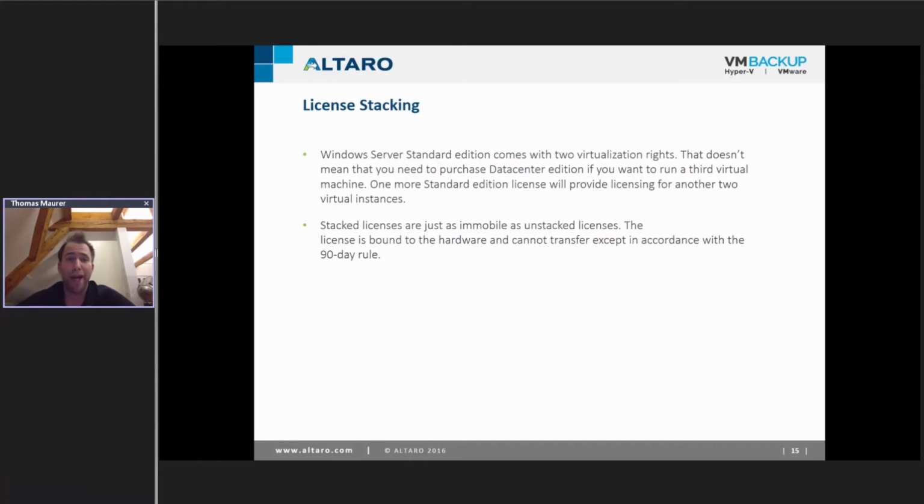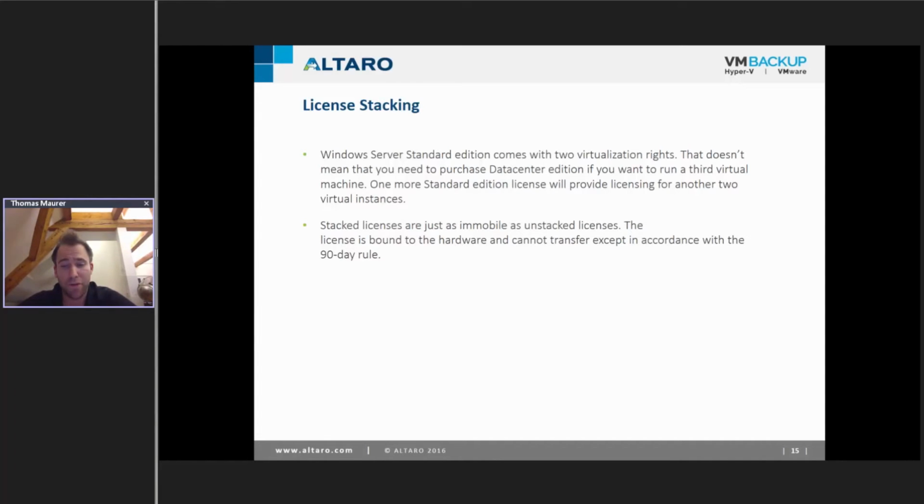Another thing: I mentioned that with Windows Server Standard, you basically get the rights for 2 virtual instances of Windows Server running on top of that physical box. With Data Center Edition, you can have unlimited virtual instances on that physical box.